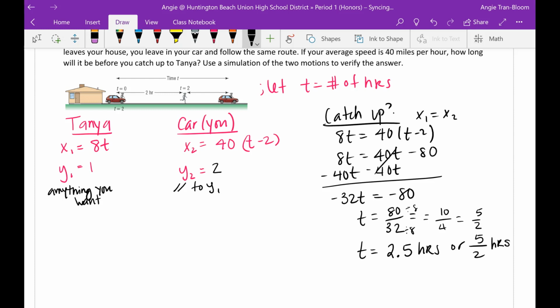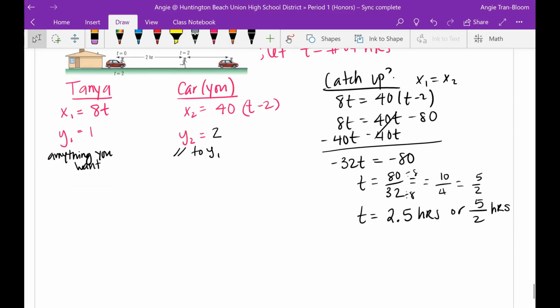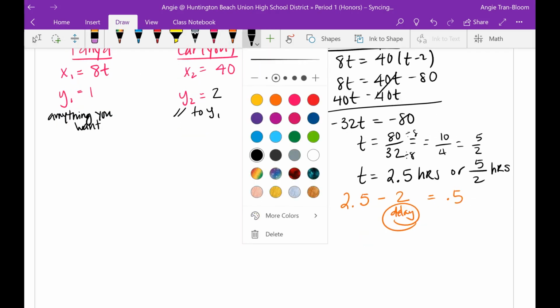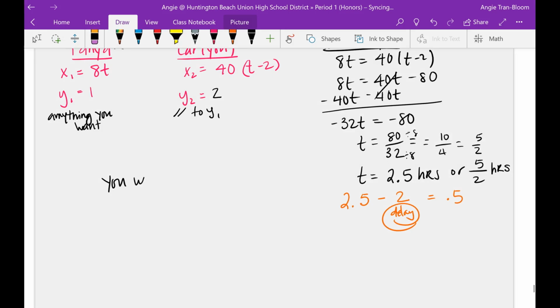Now, that is not how long it's going to take you to catch up with Tanya. That 2.5 hours is the total hours that you guys would meet up. But remember, you left 2 hours later. So what does that mean? You have to take 2.5 minus your 2 hours. This is your delay time, remember? That equals really 0.5. So the final answer is you will catch Tanya